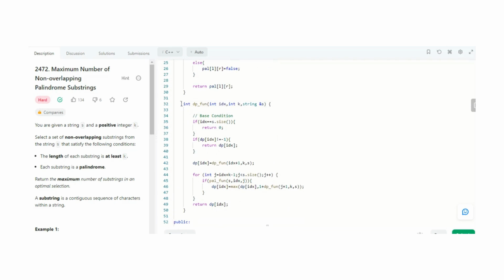Here this is the main DP code, we can say the memoization technique that I have applied. This is the base condition: whenever our index reaches the end of the string, we simply return 0. And this is the memoization technique that I have applied: if the DP value, the grid value that we are accessing, is not equal to -1, it means we have already visited that value in the past, so we simply return the value that is present there, no need to calculate it again.